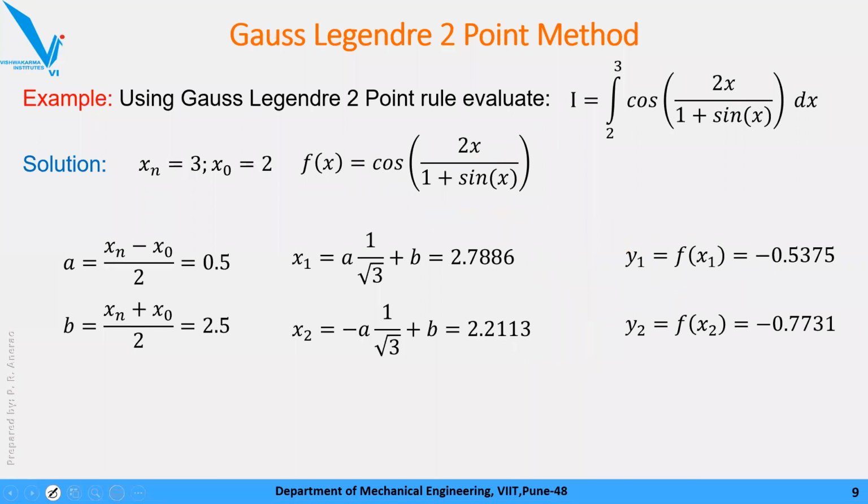Now the last step, the fifth step, that is calculate area. Area is equal to, now this formula you have to remember, a into (y1 plus y2). The answer is minus 0.6553. Just look at the procedure. Do you think I need to repeat it? I can repeat. If you want, you can take a screenshot for reference.